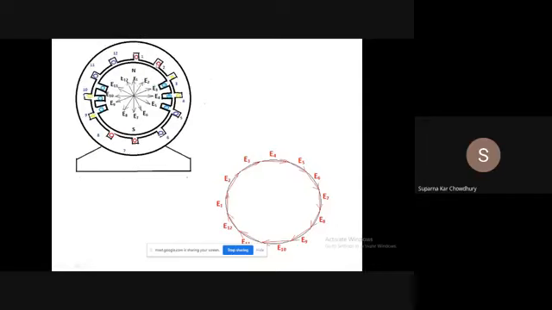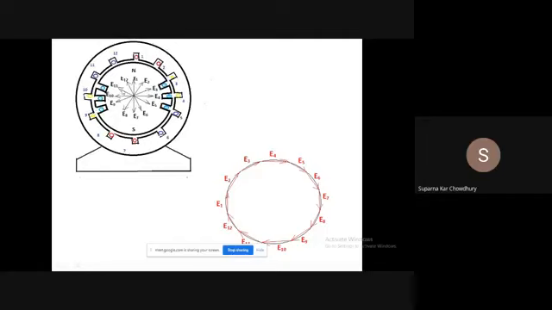So for this conductor, EMF will be maximum when north comes here. So projection of E1, E2 along the field axis will be maximum. So these EMF phasors will represent the EMFs in these particular conductors. Now, E1, E2, these are all RMS values. And if we consider that the number of turns in these slots is the same, their magnitudes are also equal.